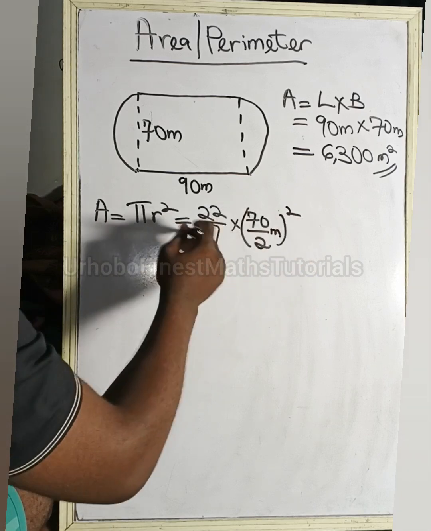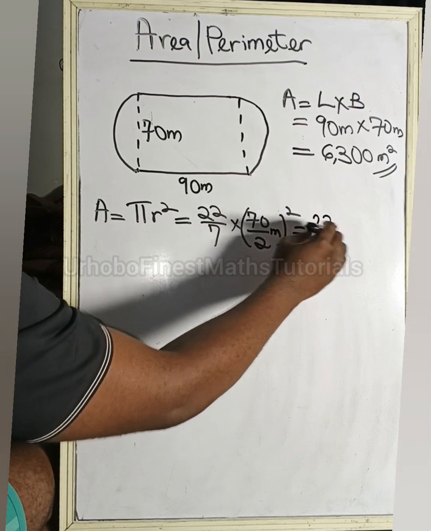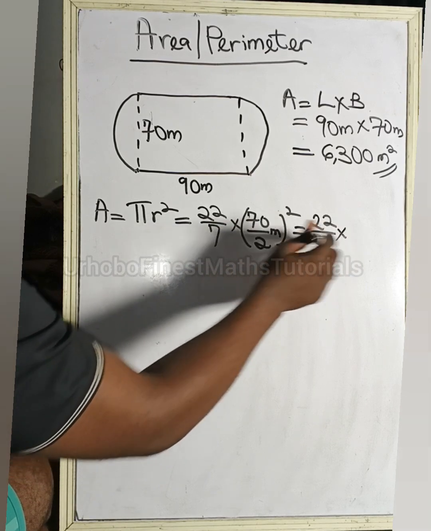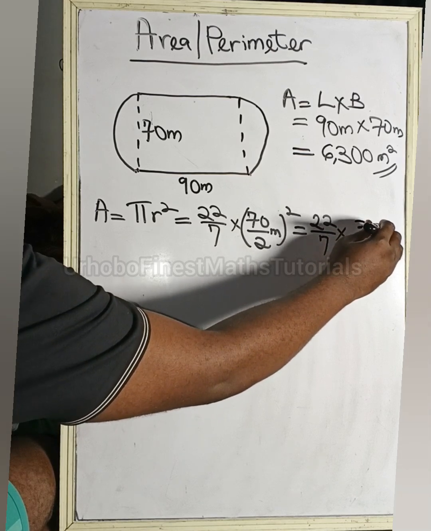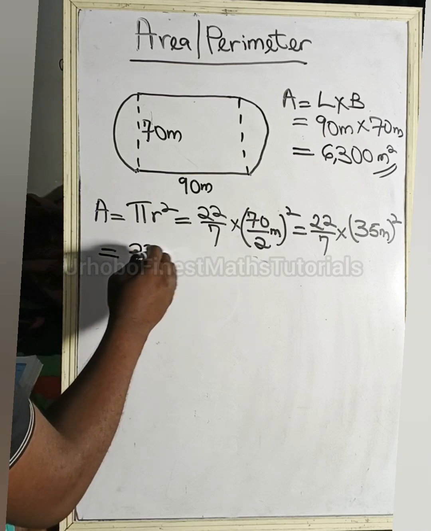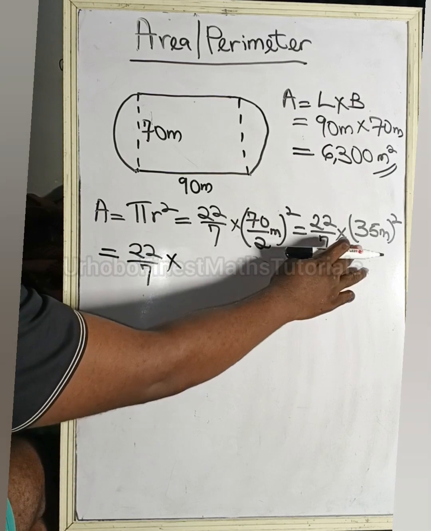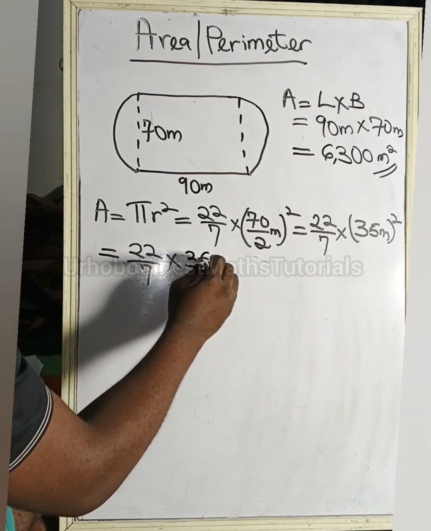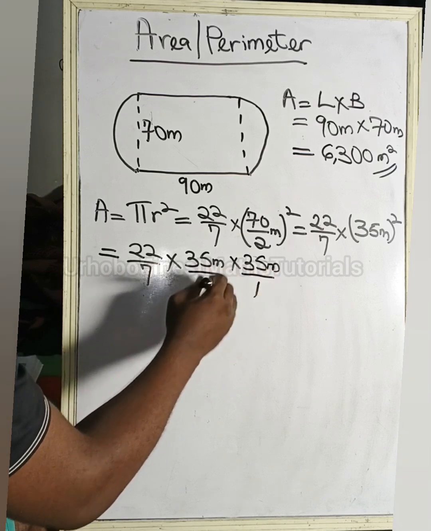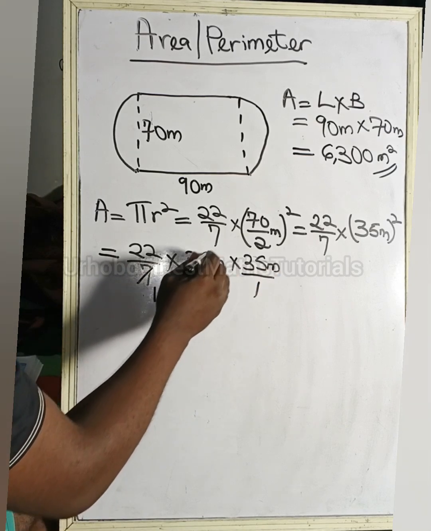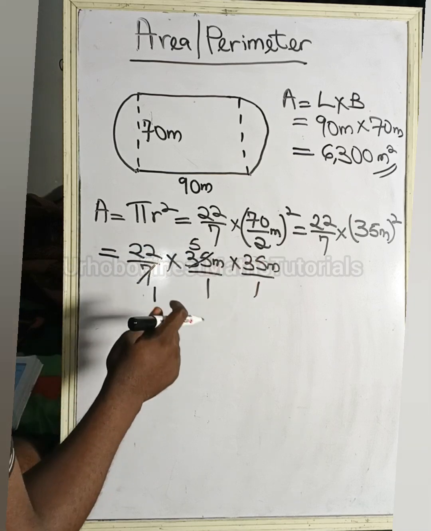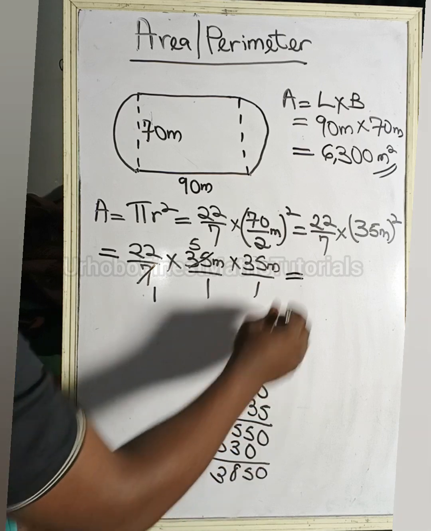Okay. So what you have here is the same thing as 22/7 times 70 divided by 2, which is 35. So here will be 35 meters raised to power 2. So that will equal 22/7 times 35 raised to power 2, which is the same as saying 35 meters times 35 meters. Alright, so we can say over 1/1, still the same thing. So 7 goes into here 1, 7 going into here 5. So we have 22 times 5 times 35. So the area of the circle is